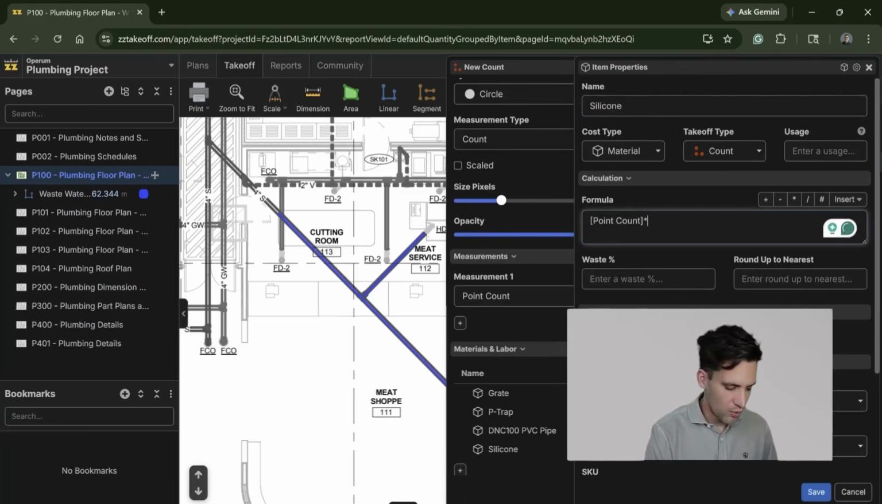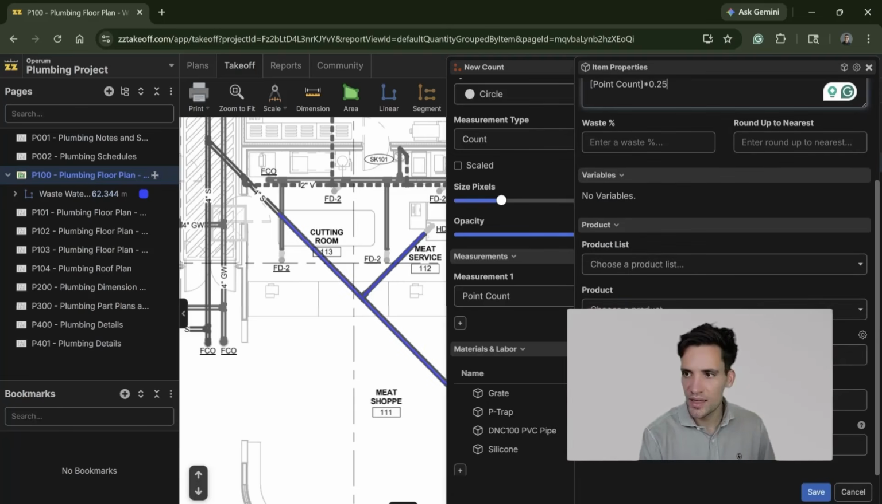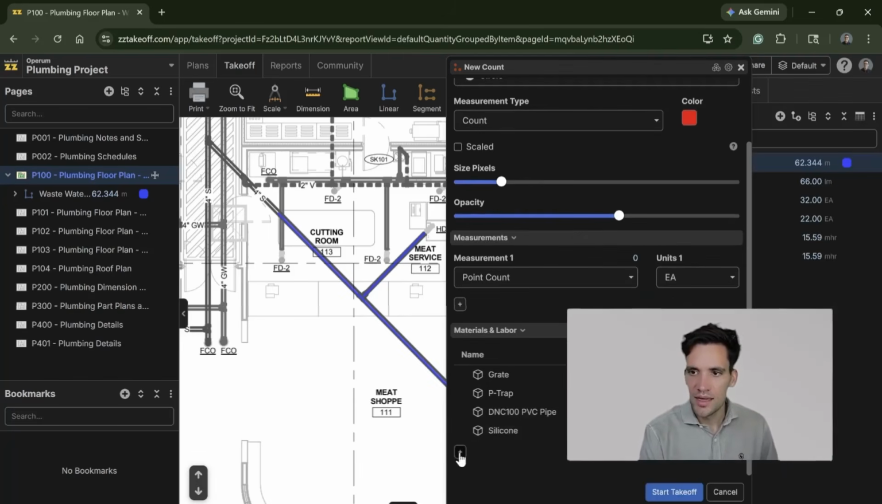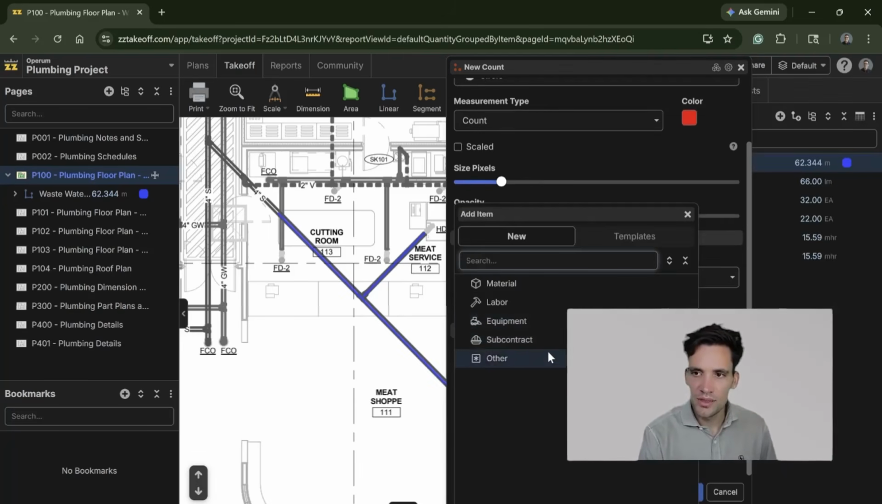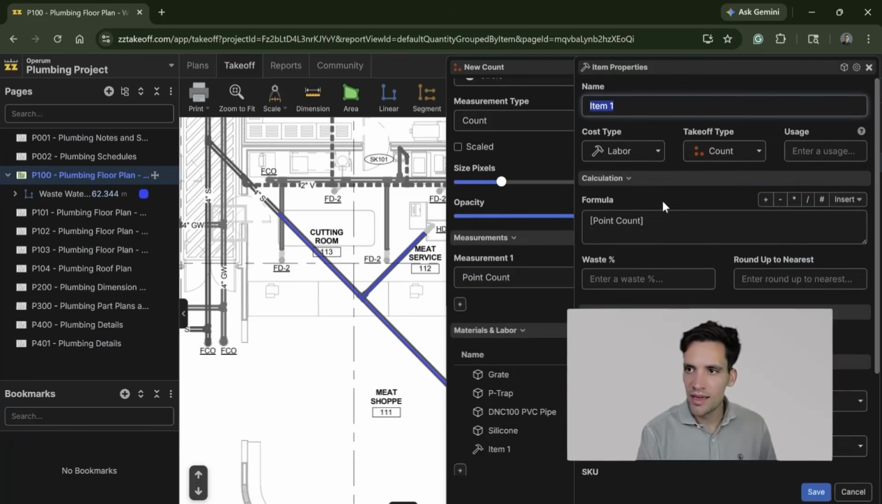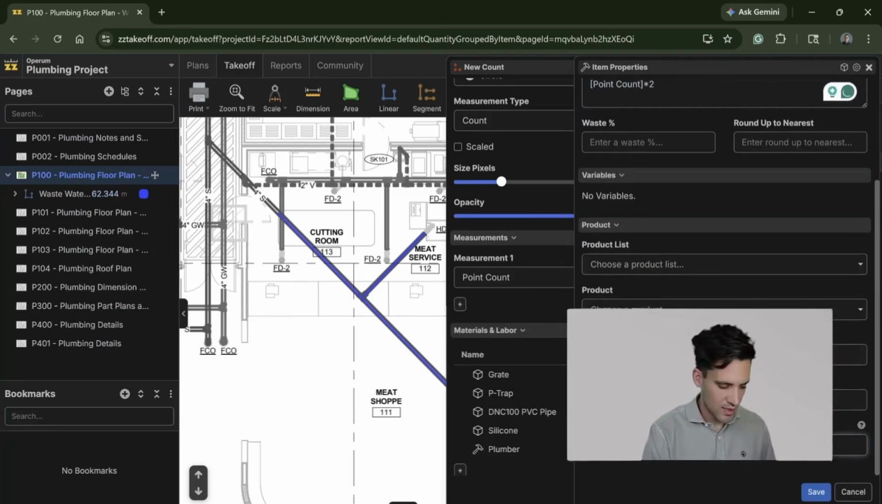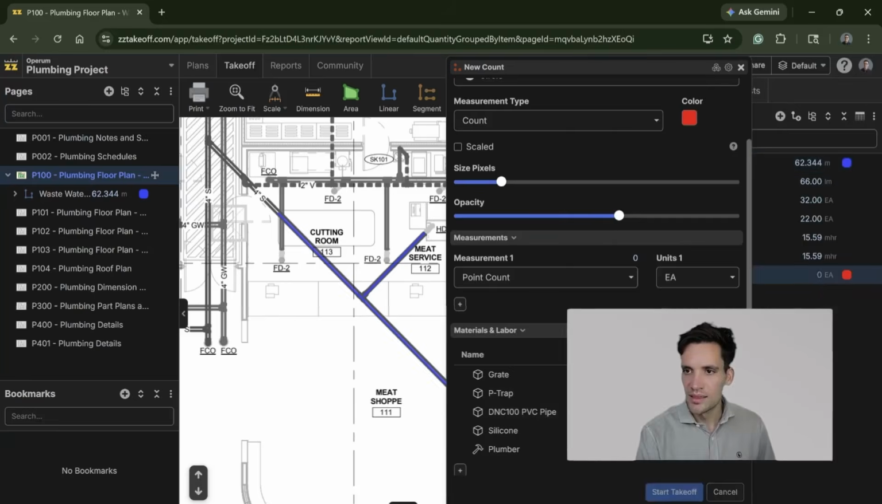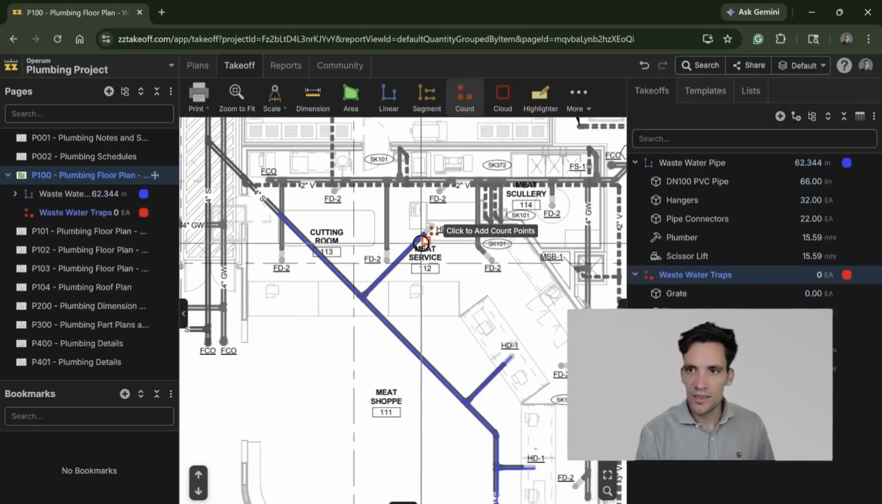Silicone, and that is going to be 0.5 by 0.25, say tubes of silicone. And the final one is we're going to put on there the labor to install it, and let's just say plumber by 2 hours per floor trap, and that's going to be in man hours. Then for the actual floor traps, I simply